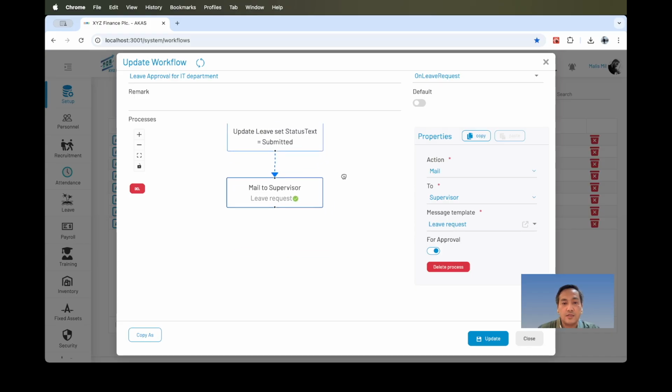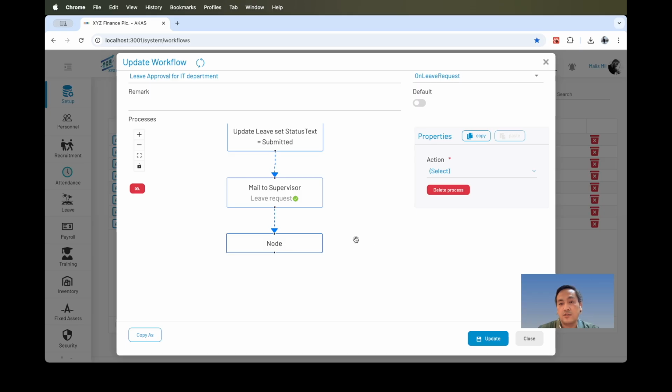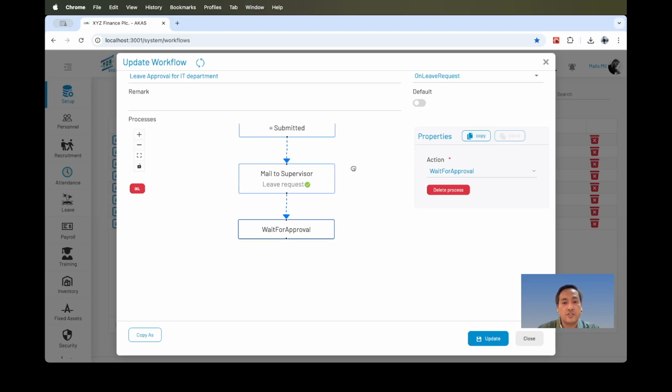Then after sending an email for approval, we have to wait for the approval. So here the action is wait for approval and there are no more properties to be defined here. So this is the first layer, right?